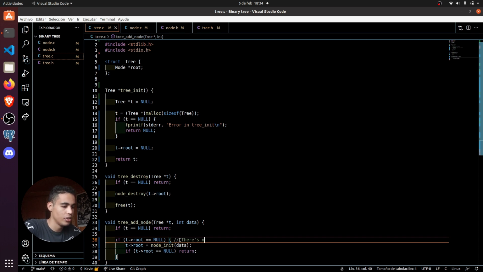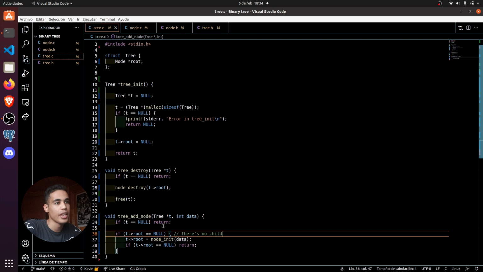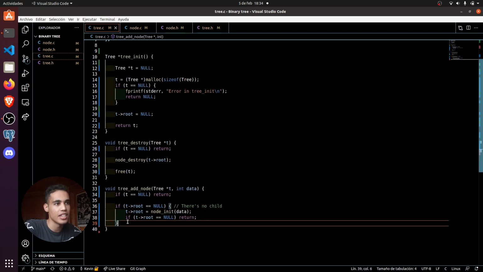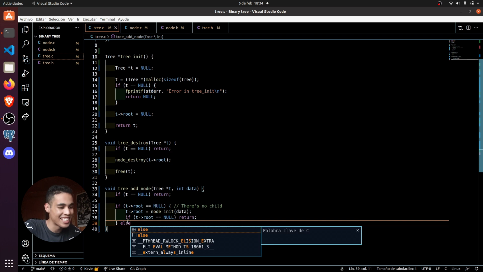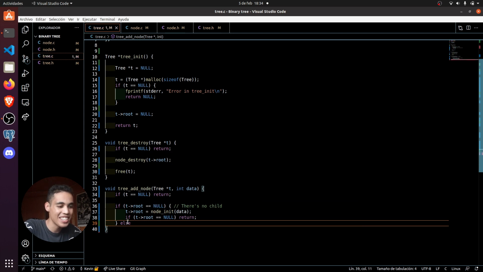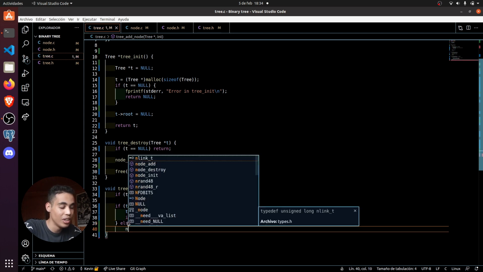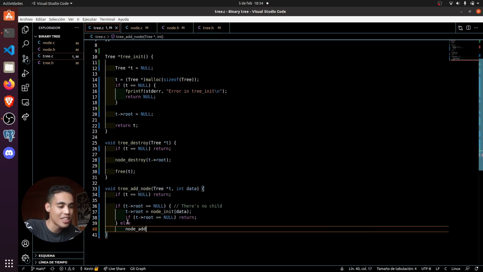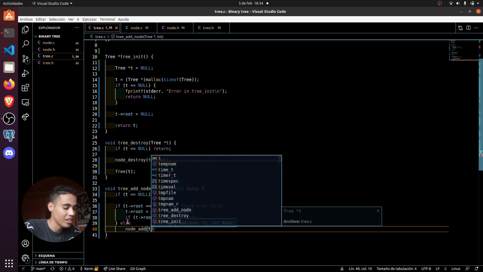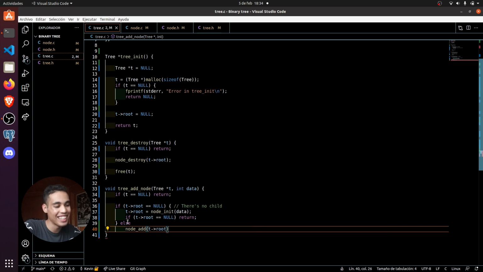There's no child. Here we could say, hey, what if there's a child? It is as simple as saying, okay, in this case, I just want you to call the node add function on the root node. And that's it. It is as simple as doing this. So now what we can do is that we can create a main function to add a lot of nodes,